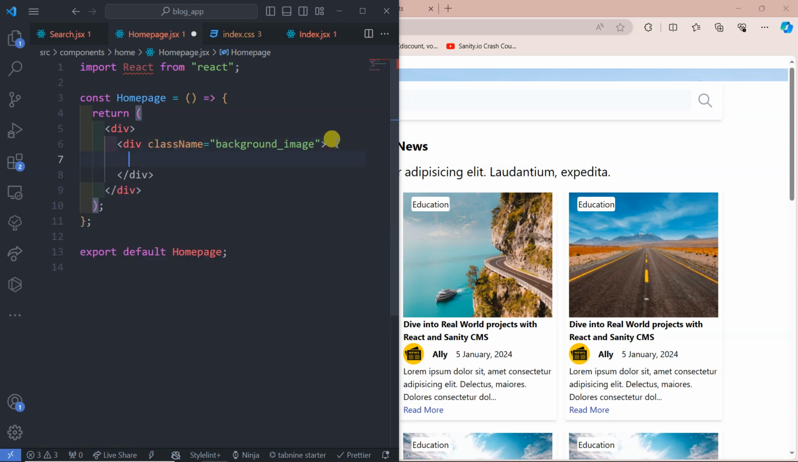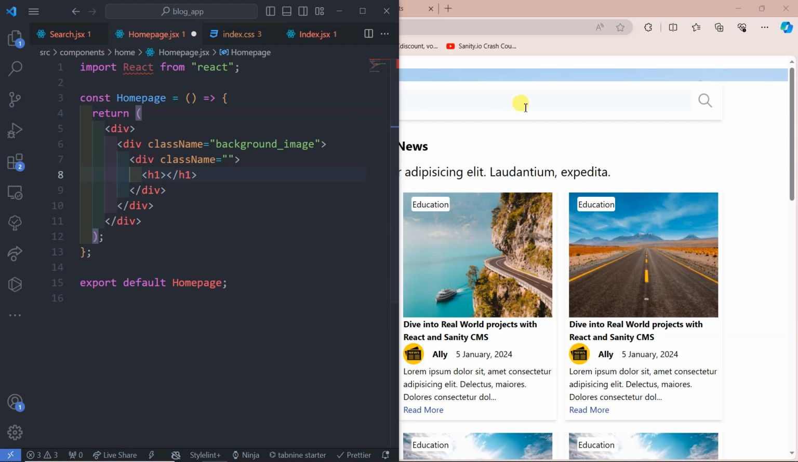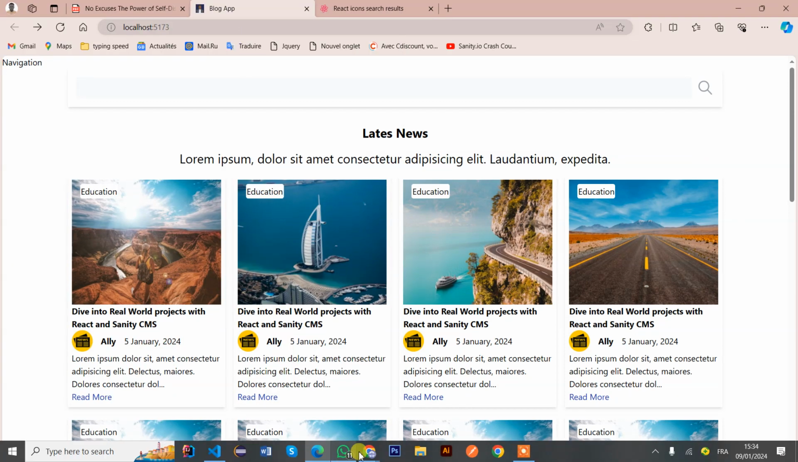Okay, that div is going to be responsible for the first h1, which says, let me see, it says something like